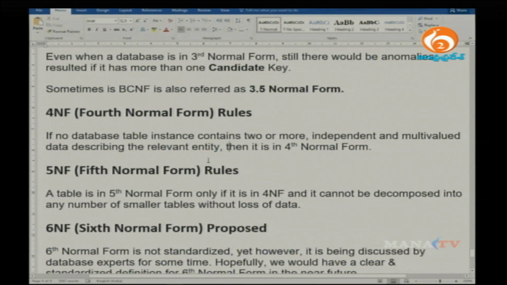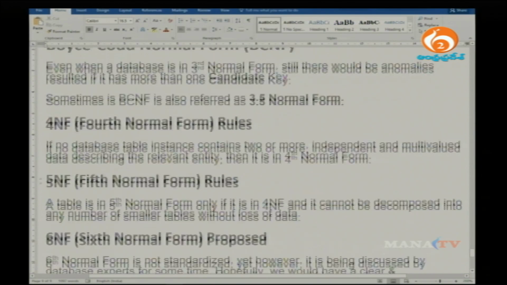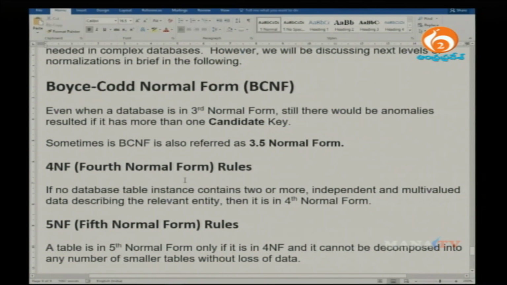And fifth normal form is not supposed to have any decomposable values, alright. So, please try to remember at least up to fifth normal form, it is enough for you, alright. It is enough if you know at least first normal form, second normal form, third normal form, Boyce-Codd normal form. If you know these four normal forms,